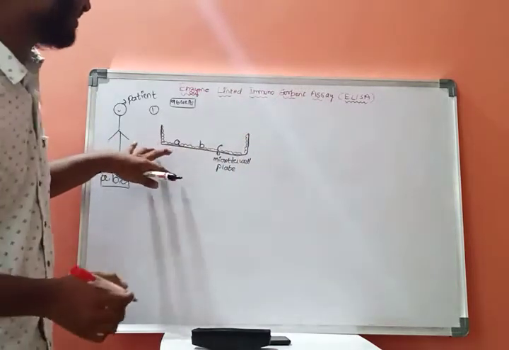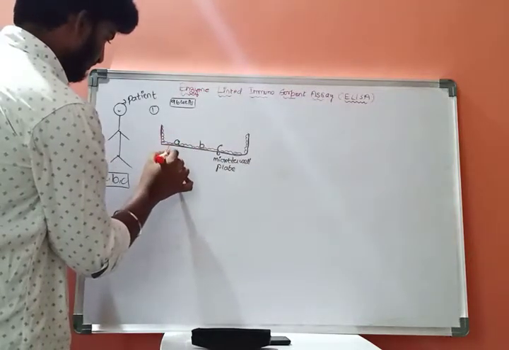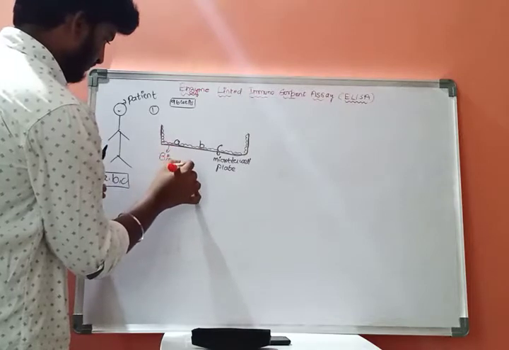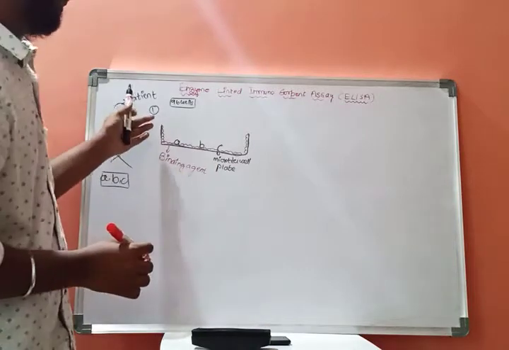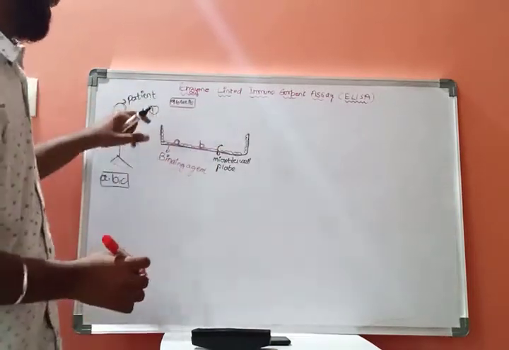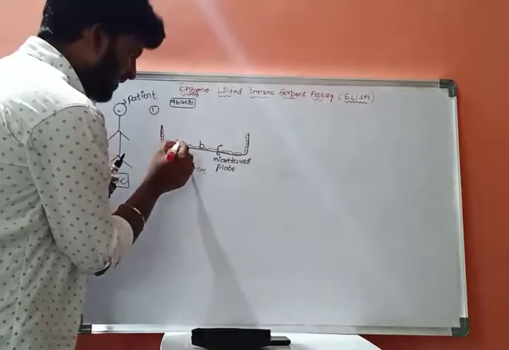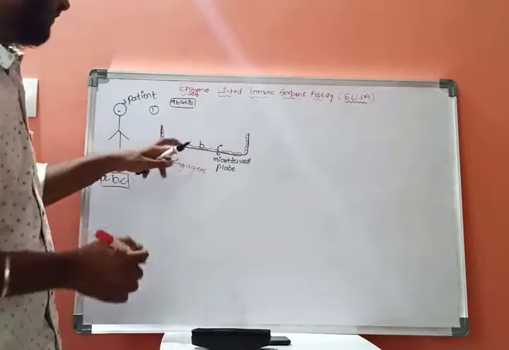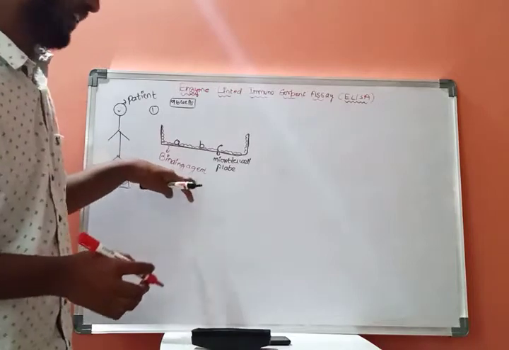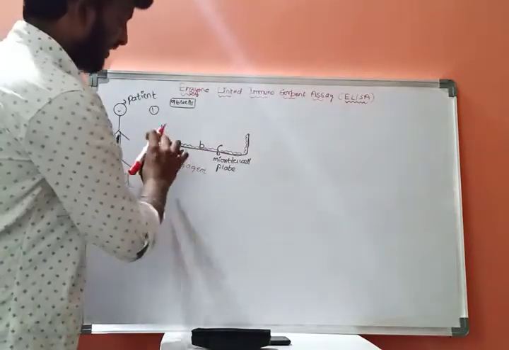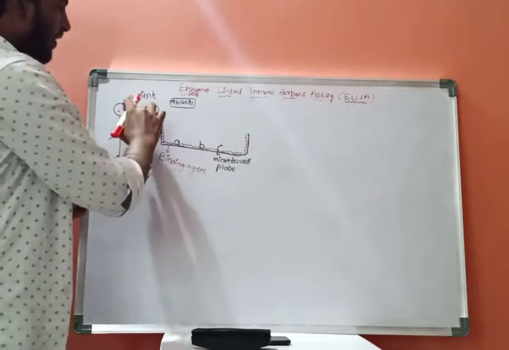This red color substance is a binding agent. This is a binding agent which is added to the microtiter well plate, and this binding agent is present on the microtiter well plate where the antigens are not present, and where the antigens are present, at that place this binding agent is not present. And after taking this binding agent, let us take the serum of the patient.